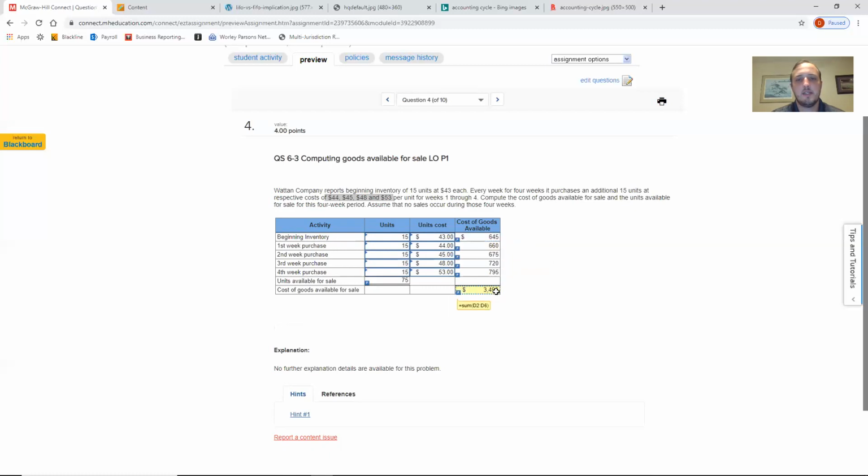And then you sum that up, and you sum that up. So now you know you have 75 units available for a total cost of $3,495. And then we're going to go into LIFO, FIFO, or weighted average. So again, LIFO will start pulling from this bucket first and working our way up. FIFO will start with this bucket and start working our way